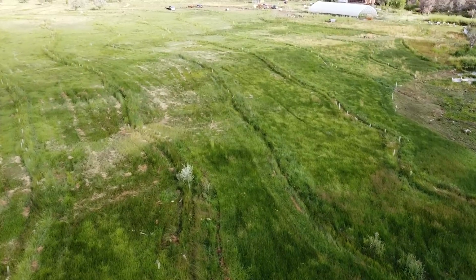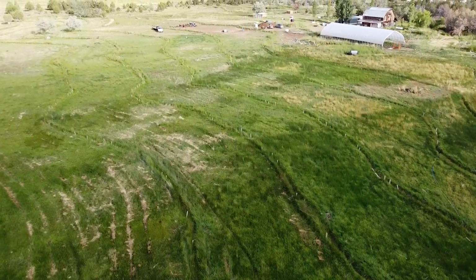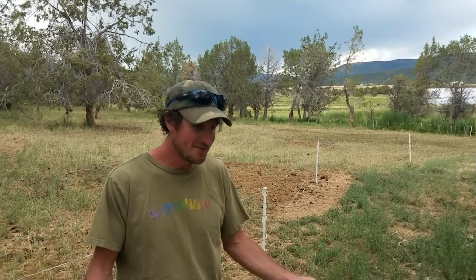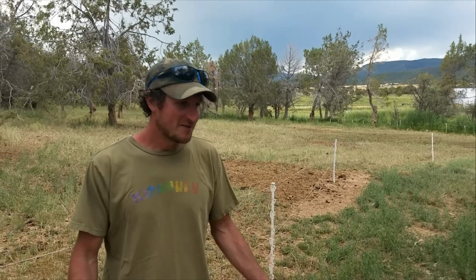If you look at the field that I planted the bulk of my trees in, it's a pasture that has been overgrazed for decades. It was overrun with weeds. It's a heavy clay that's had a lot of hoof prints on it and not a lot of water on it. And so that first round of trees I planted, when I planted that bulk quantity of trees, I'm